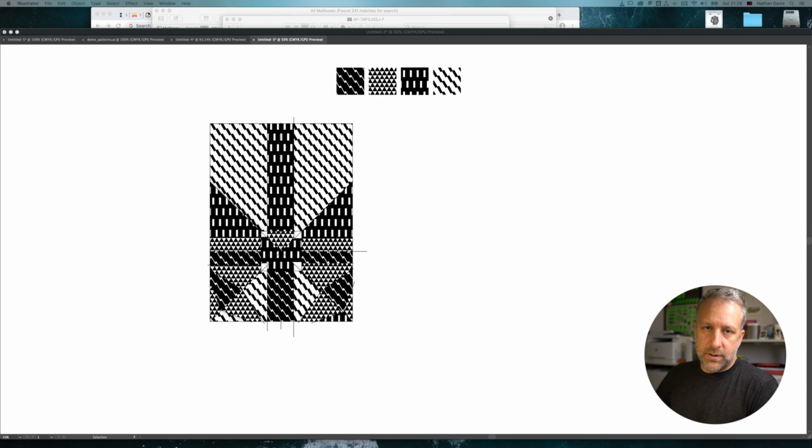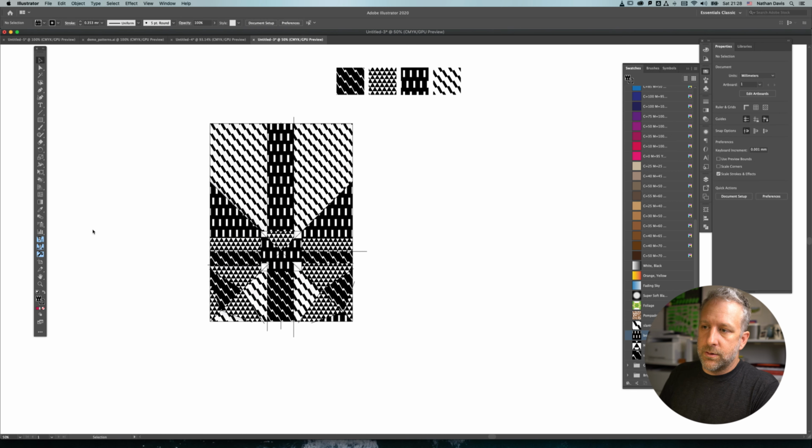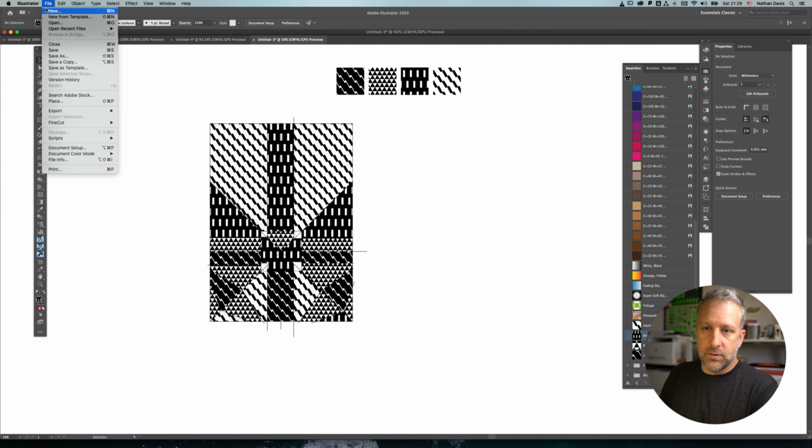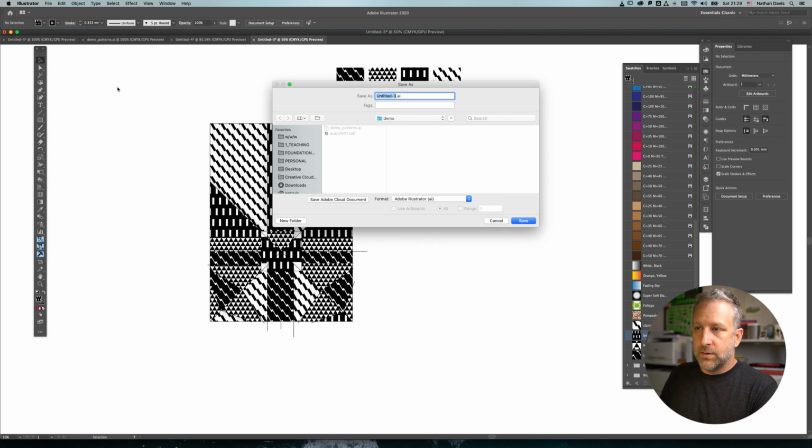So we're going to go ahead and save it. Okay, we want to save it in this case as a PDF file. So we go to File, Save As. Let's call it paper. Actually, just for you all, it's a good idea to put surface space